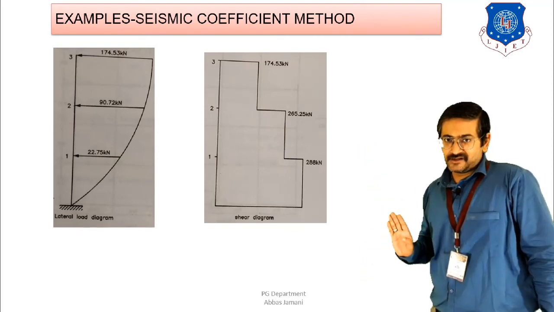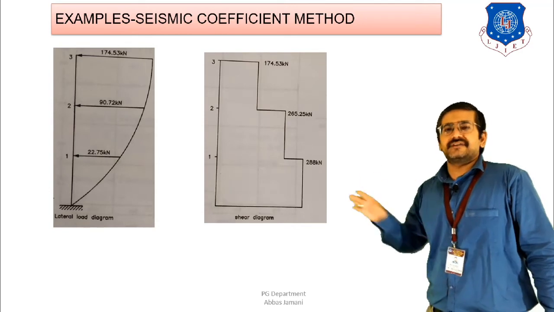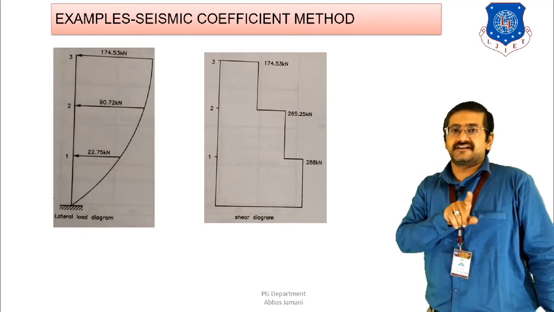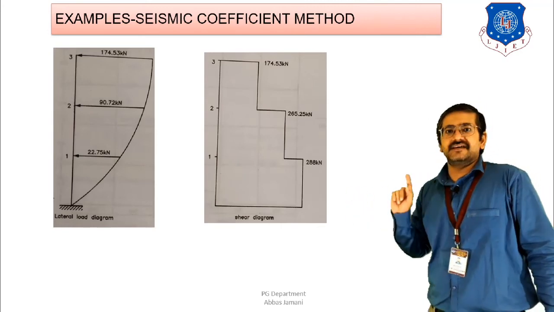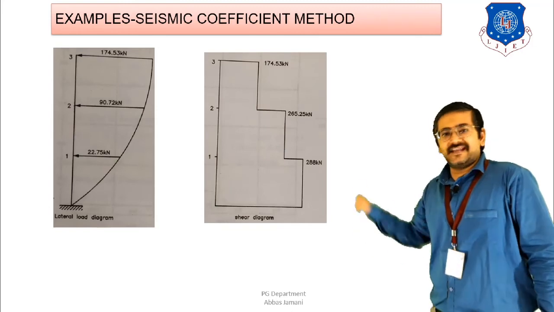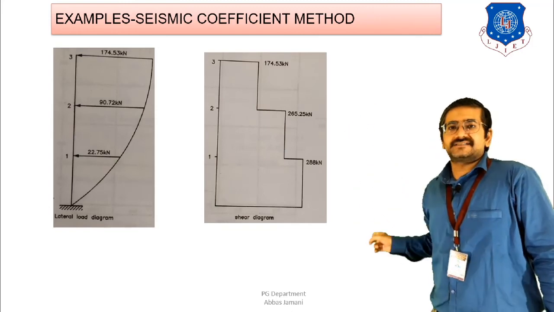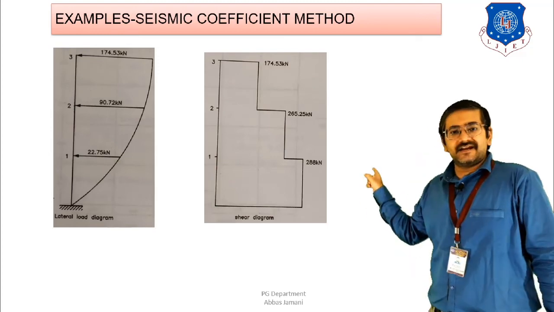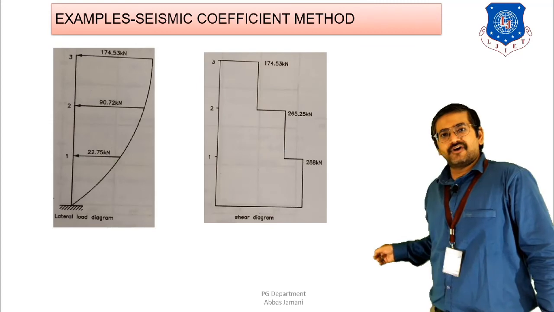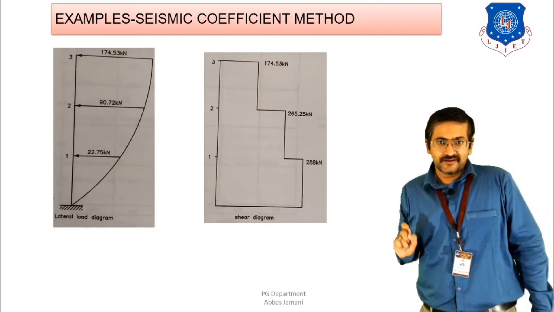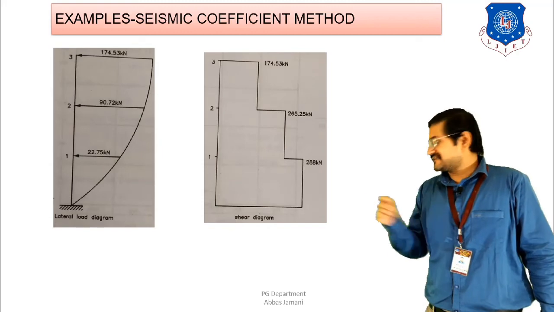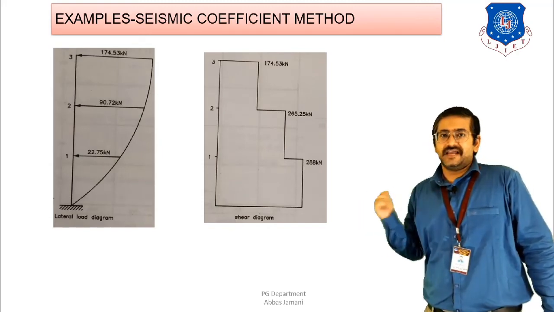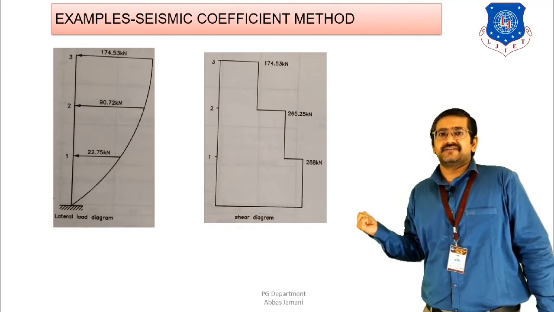So this is also another check: in most cases, when you do the calculation as per the seismic coefficient method, these two diagrams will be reversed in nature with respect to each other. That is, the lateral load will be maximum at the top level and base shear will be maximum at the bottom level. I have indicated the values and, based on those, prepared the block diagram for base shear also. After all the calculations, these two diagrams are to be drawn and the values written along with their units. If you do these things, your entire sum will be considered correct.